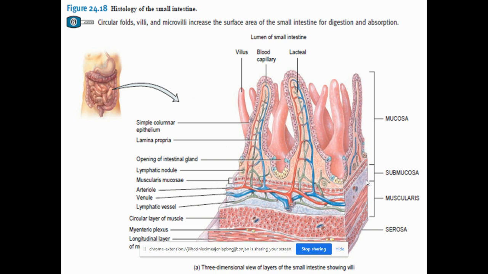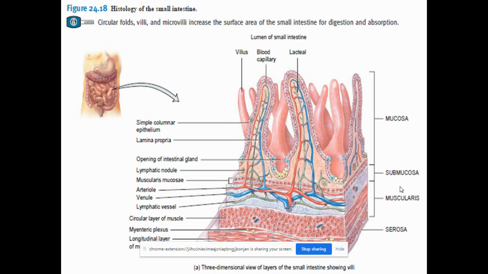They secrete an alkaline mucus fluid, which helps in the neutralization of the gastric juice which is coming along with the food. The food coming out of the stomach will be highly acidic, so it has to be neutralized, because the pancreatic enzymes will not act in an acidic environment. They will act only in an alkaline environment. So the acidic pH should be neutralized. Along with the bile salts and bile acids, they play a very important role in neutralizing, because they secrete an alkaline mucus fluid which helps in neutralizing the gastric acid.